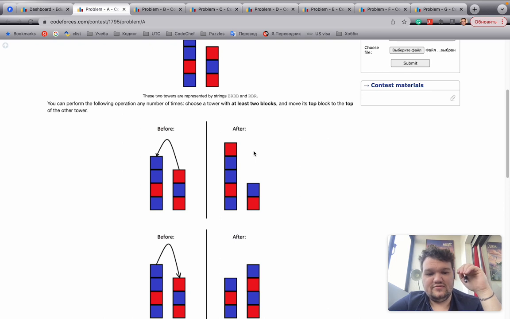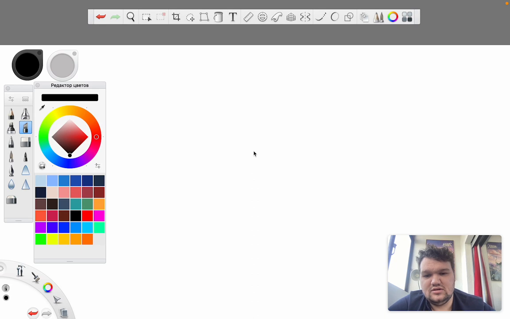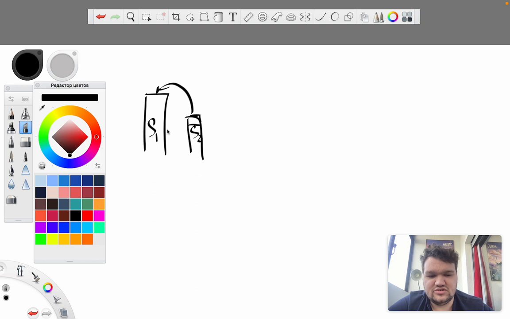So if we imagine here are two stacks, S1, S2, we can take the topmost element and move it to the other stack. We can imagine that those two stacks are actually located as follows. So this is S1, this is S2, and S1 grows from left to right and S2 grows